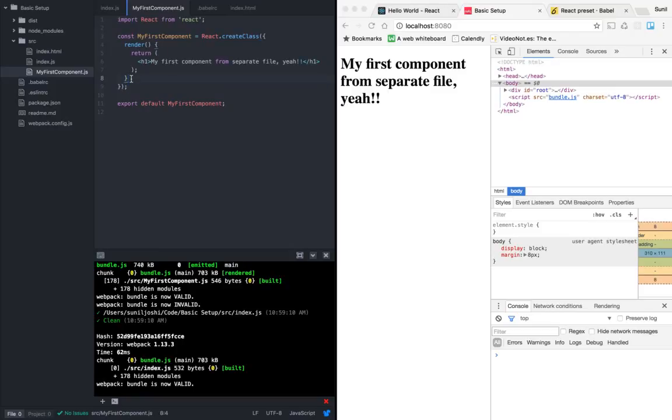So the next step I would like to take: what we did is basic setup and just an introduction, right? The next step is an actual real-life project, and we want to build a product out of it. So I was thinking of going for a simple e-commerce site where we have a product list and product details, and there we can have some routing, some application state and those things.